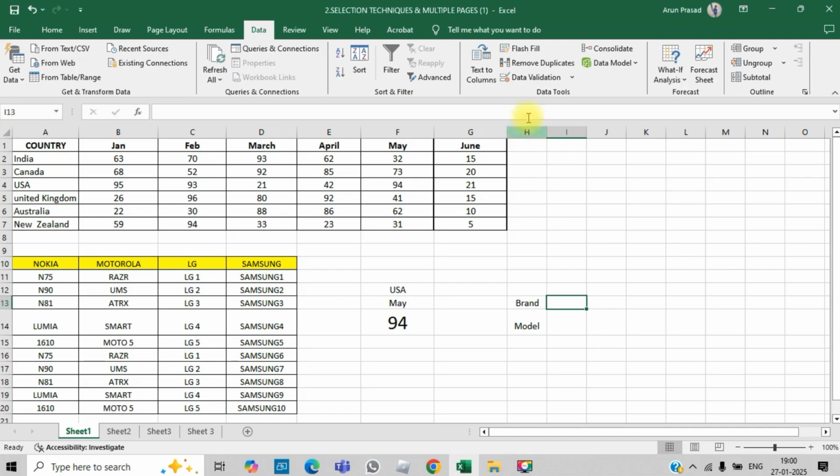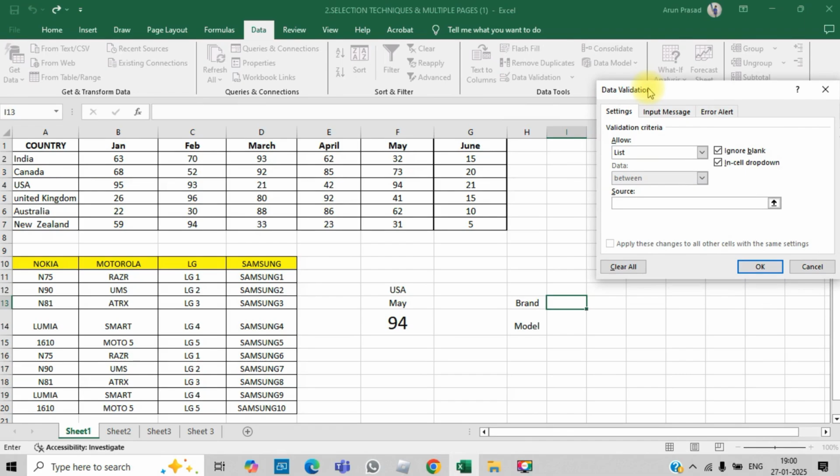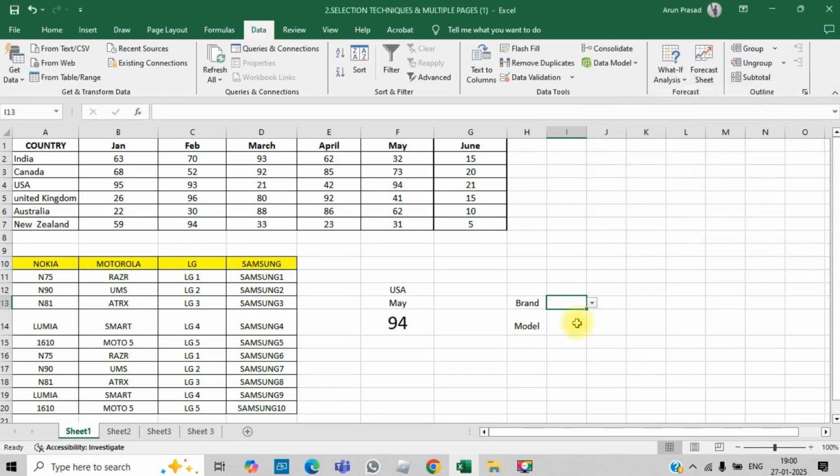So the choices for them is data validation, list, okay, and I can say source, brand. These are the four different brands, the mobile brands. I'm giving OK to this. The second, once this is selected, assume that this is selected, then the model I'm giving as, let's say, model. Before giving that, let's select this one